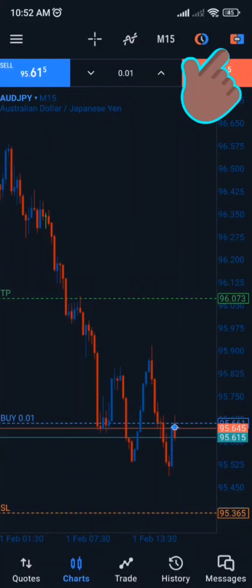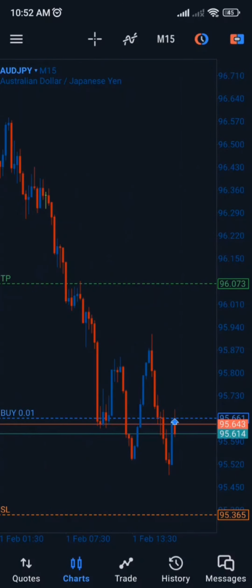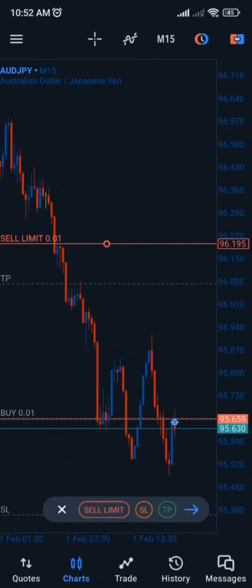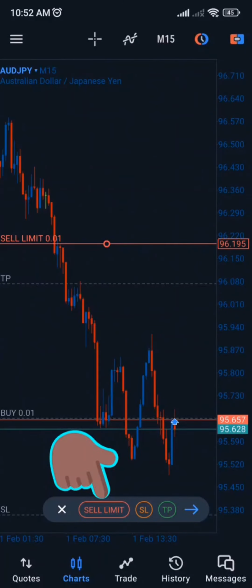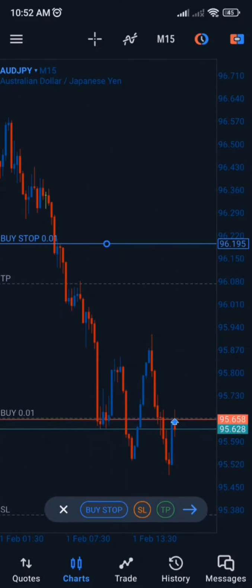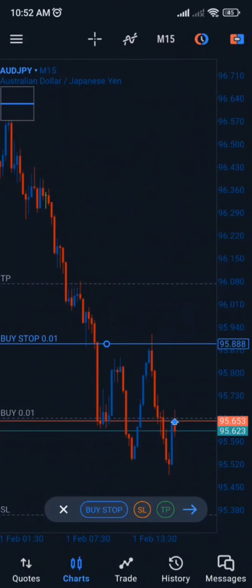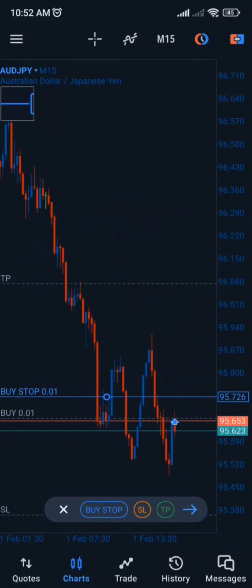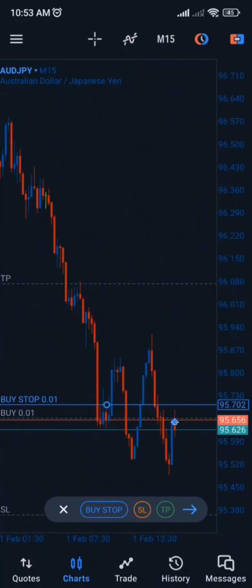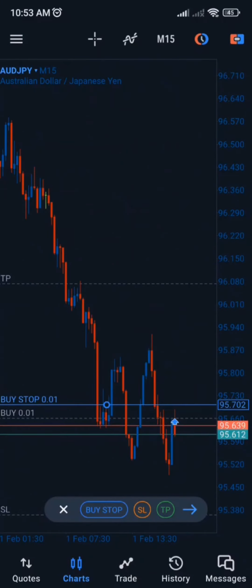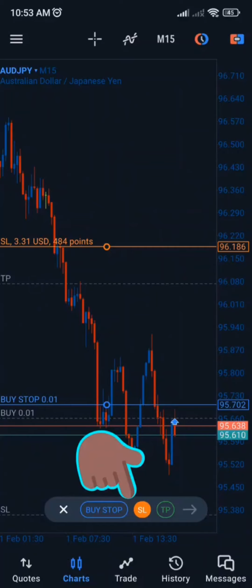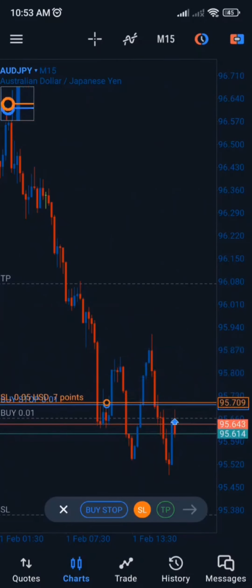So I will put my triggers away now, and then I will do a buy stop. So now I will switch from sell limit. I will tap on that icon and I will change it to a buy stop. And what I can do, I can say that when price pushes beyond this current candle, this entry would be executed. Now I can tap the SL, and I can also bring that down